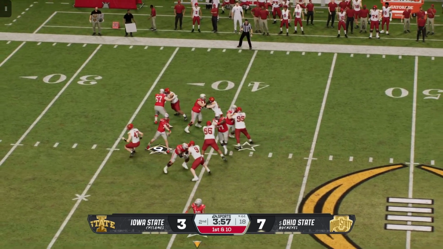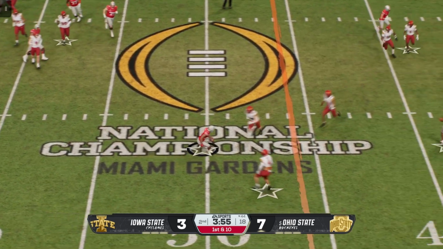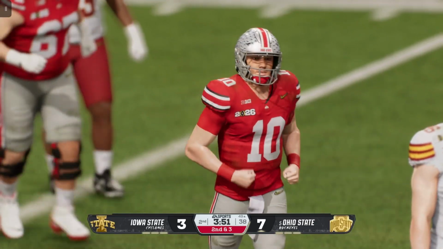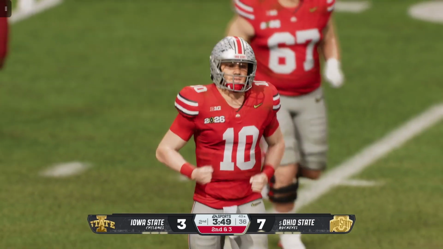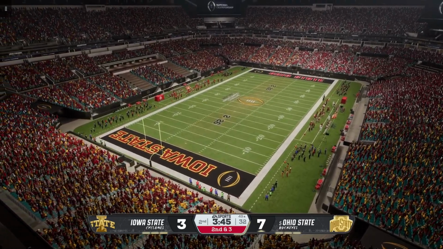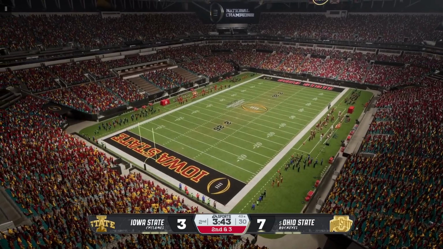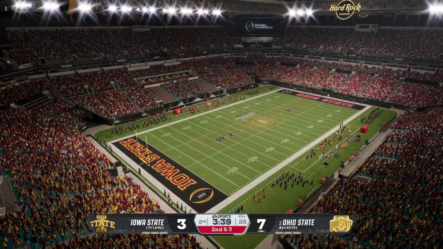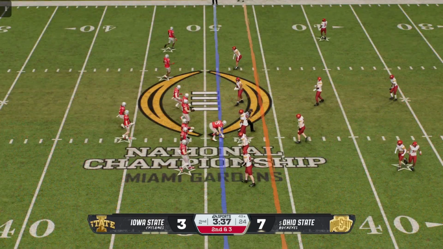Off the play fake, looking to throw. Graham behind the line. It's Peters. Chris, one of the things I love about this running back is not just this defense trying to defend him running the football. As you can see here early in this game, they're trying to get him involved in the passing game. Great call. Now it's 2nd down here.